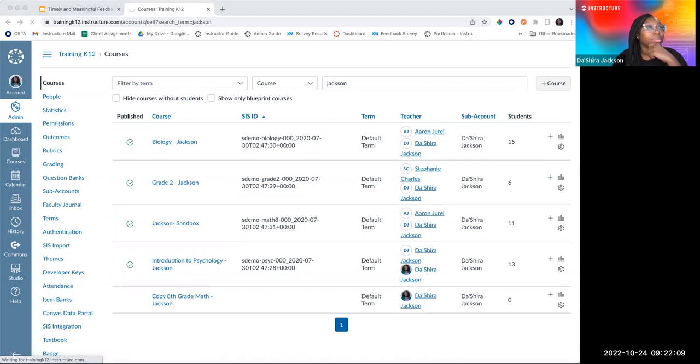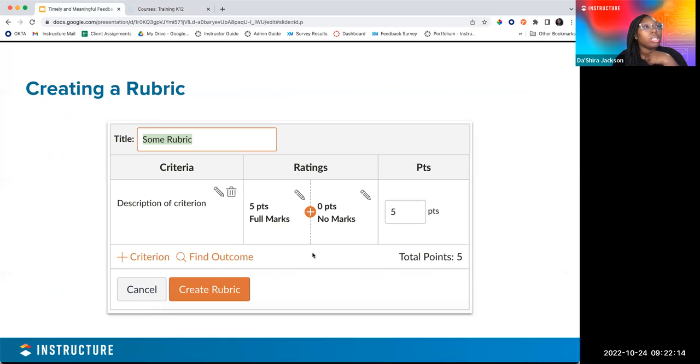And while that's opening, give that a moment to open. While that's opening, one of the things that's really great about rubrics in Canvas is that you have the ability to leave feedback for each specific criterion when you go in and grade. You have the ability to create duplicate copies of a rubric. So if you have a rubric and you want to make a change to it, you can duplicate it and make that change elsewhere. Christine, there's no way to import rubrics from Beachboard into Canvas.